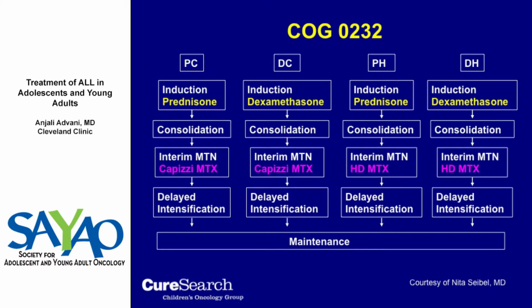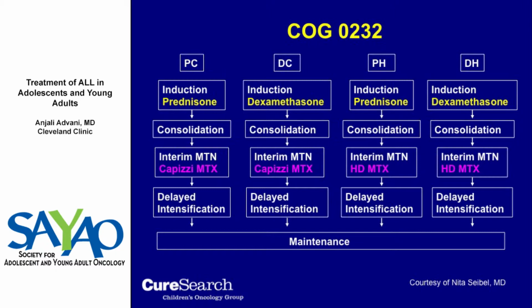And so this is a slide that was provided to me by Nita Seibel, basically just summarizing those 4 arms. So again, there were 2 randomizations, one for prednisone versus dexamethasone, one for Capizzi versus high-dose methotrexate. And all those randomizations were done at the time of study entry. And so the P is the prednisone, D is dexamethasone, H is for high-dose methotrexate, and then the C is